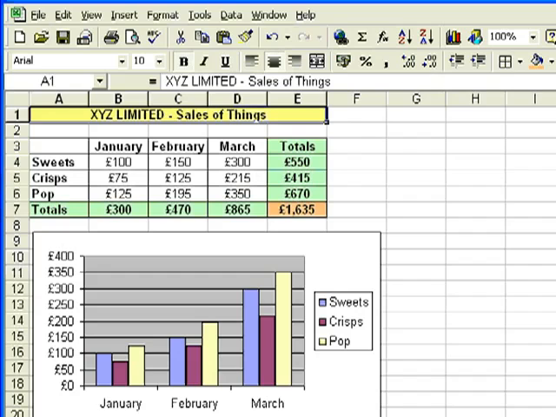So that's a first look at Excel. Shows you how quickly we can put some information together. And just finally, just to show you the whole point of using a spreadsheet rather than a scrap of paper and a calculator. If, let's say, I'd made a mistake on any one of those figures,